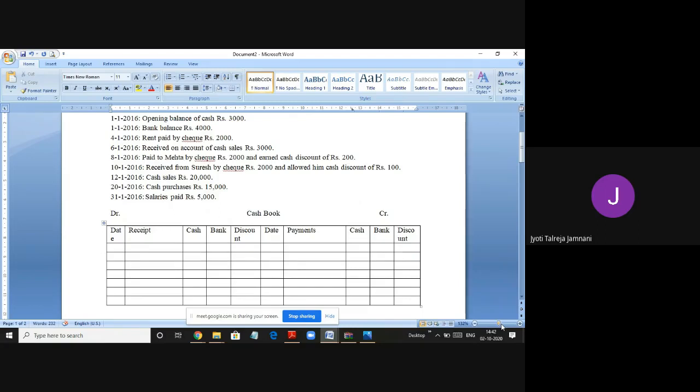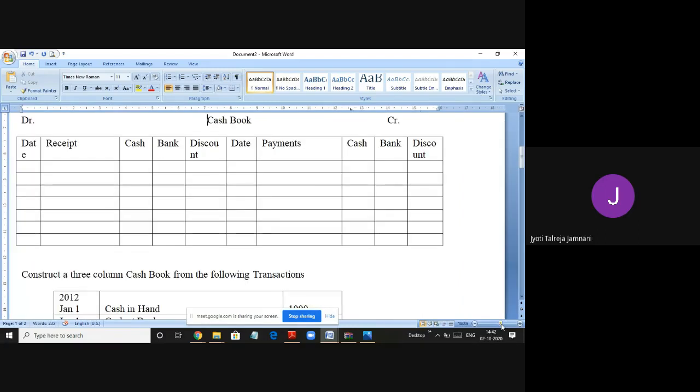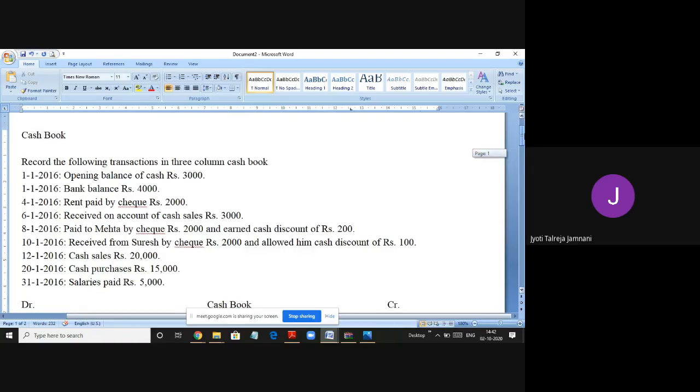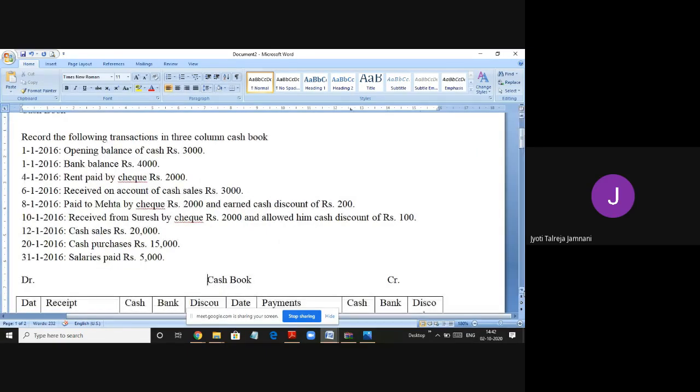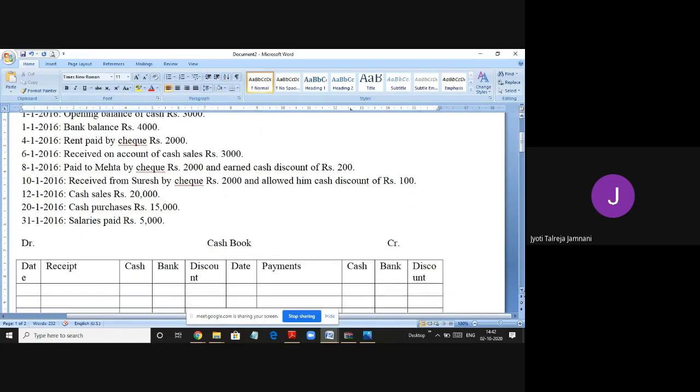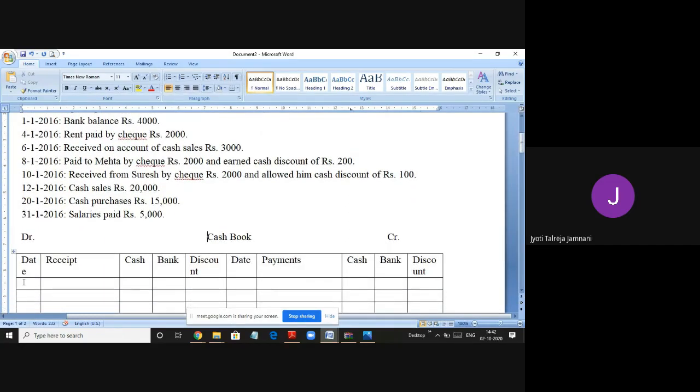So let's just start with the first transaction. The first transaction basically says opening balance of cash rupees 3000. So opening balance we always take on the debit side. So on 1/1/2016, from the debit side, we write balance brought down. So opening balance of cash is 3000, and if you see the next transaction,